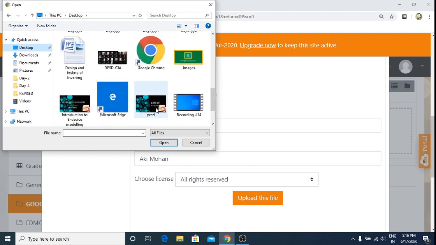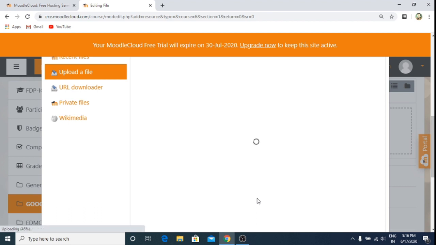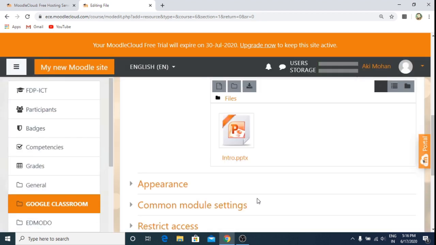I can even rename this. Now click on upload this file. So as you can see, I had selected a file with name Prezi, but I renamed it as intro. Now it is renamed.